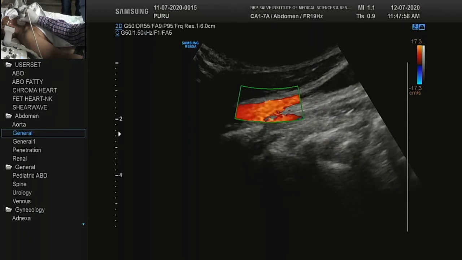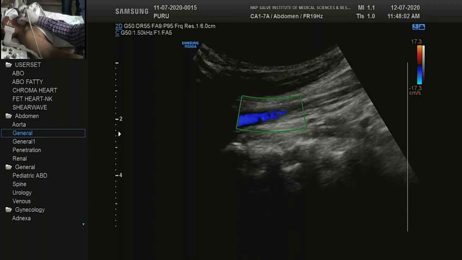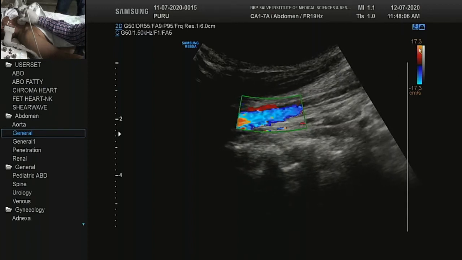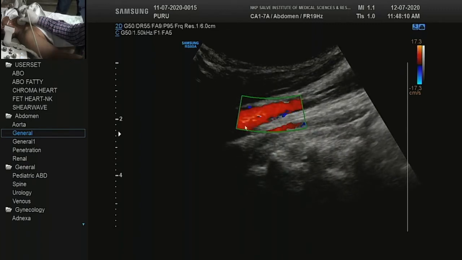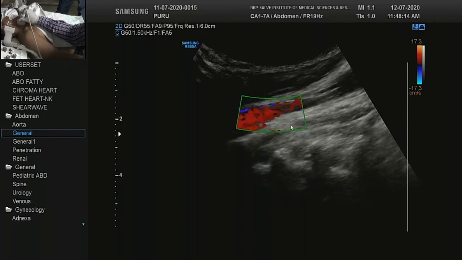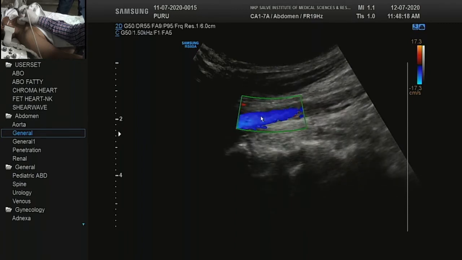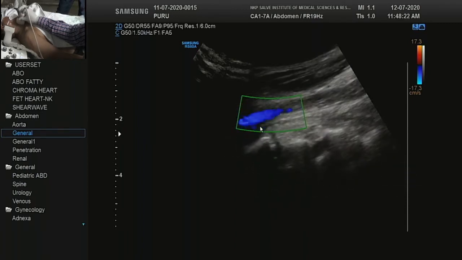So is this artery or is this artery? See, this is red, flow coming towards me is red, so this is coming from the brain. Here is the brain, here is the heart. This is coming from the brain, so this is venous flow, and this flow is going away. This is an arterial flow.